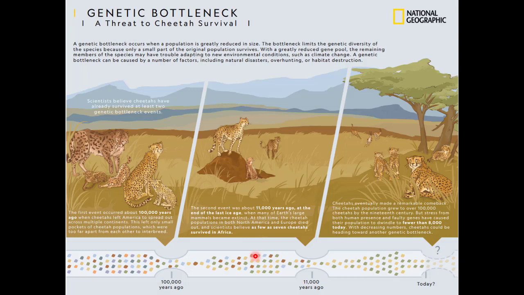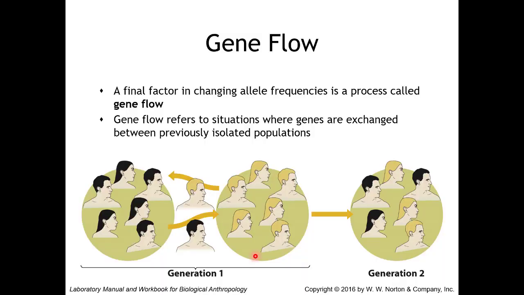So that's genetic bottleneck. Next is gene flow. A final factor in changing allele frequencies is a process called gene flow. Gene flow refers to situations where genes are exchanged between previously isolated populations. Genetic drift, remember, is a population, maybe a population leaving, isolating themselves, no longer able to go back, and then they are in charge of the next generation's genetic variation. Gene flow is two populations that were previously isolated now having contact with each other, going back and forth, and their genes are flowing between the two